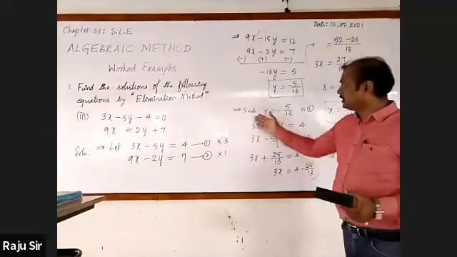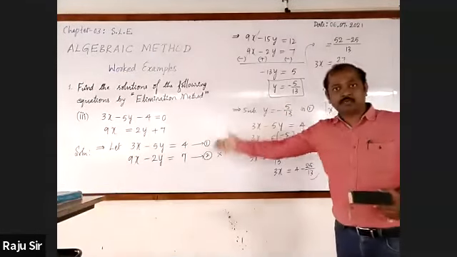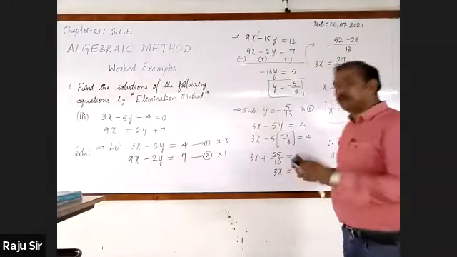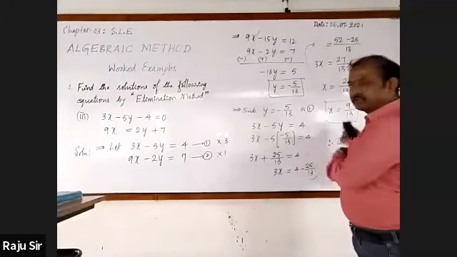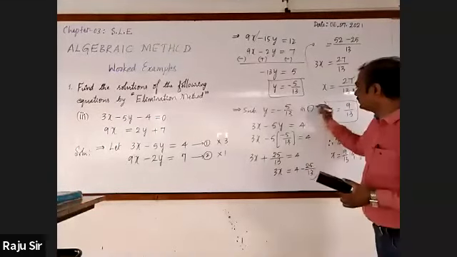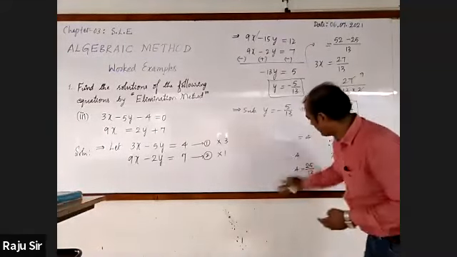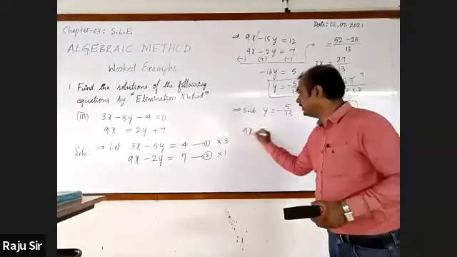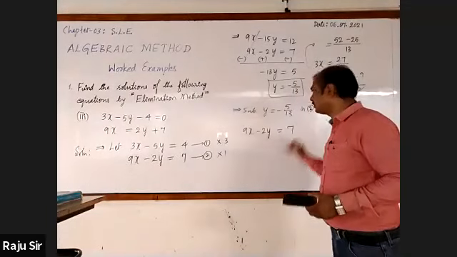Okay, so can we take the second equation, sir, 9x minus 2y is equal to 7, for substitution? Yes, certainly. There is no rule that you have to substitute in the first equation only. Even you may take the second equation as well. Already as you have written up to here, just observe. Suppose I go for substituting the same in the second equation. That second equation is 9x minus 2y, which is equal to 7.